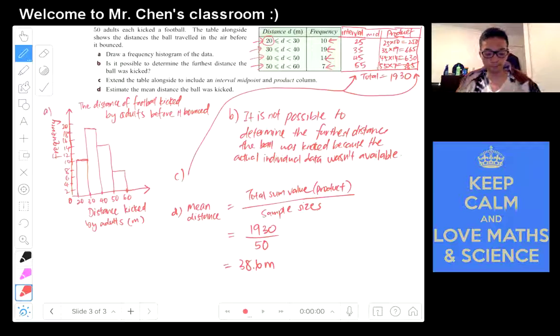So there you go. That's how you find the mean distance of the grouped data if the actual individual data was not given. Okay, so please write down your notes and let me know any questions that you have,